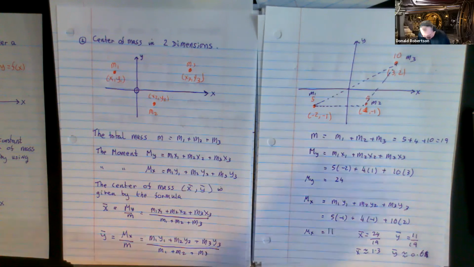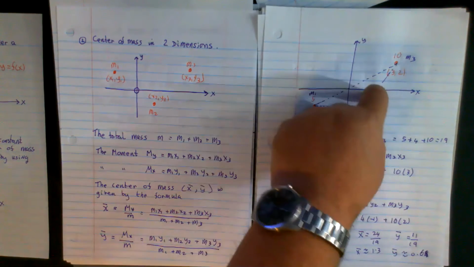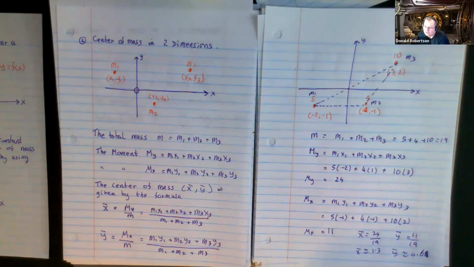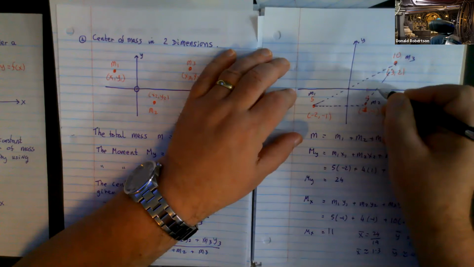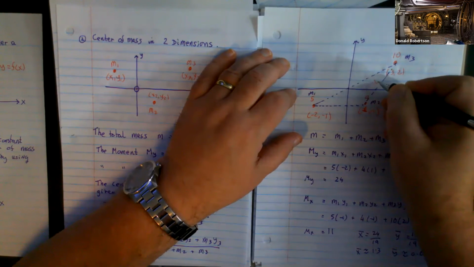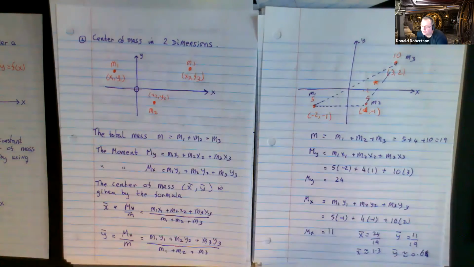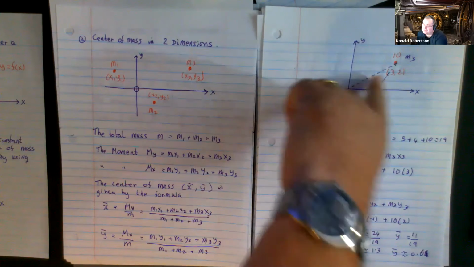Well, no, we're meant to get the exact answer, and you finish with that. I'm just doing that so I can figure out where that is, because 24 over 19 is not that obvious in my brain where that is. So it's about 1.3. So that's 1, 1, 0. It's about there, roughly, which is pretty good, because I'm cheating a little bit, but wasn't that where my finger was?